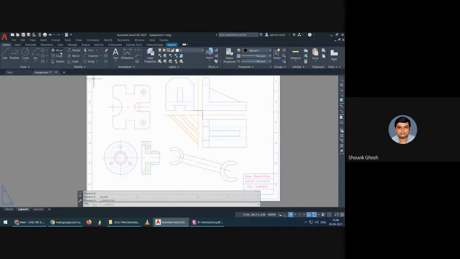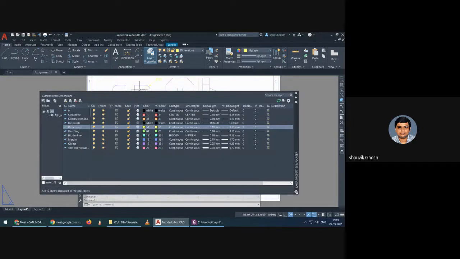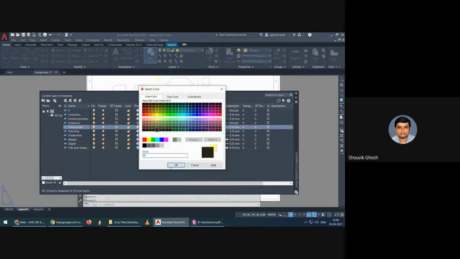So now we can just create the dimensioning. So let's do the radius first for this one. So you can see how easily we can do it. So we can change it to the dimension tab, then move to the dimension layer and do the dimensioning. So radius value over here. If the color is a bit off, then you can change the whole color into a darker version, something like this.